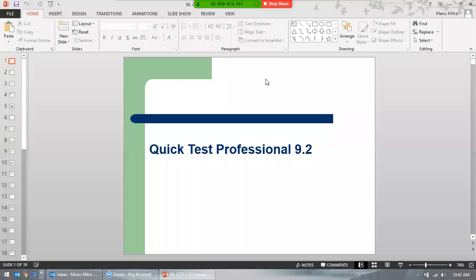Okay, so we get started for QTP. Today I'll discuss Quick Test Professional really quick. This is kind of an introduction. We are not really going deep into QTP, how to design the scripts and all those things. We'll just touch base on this